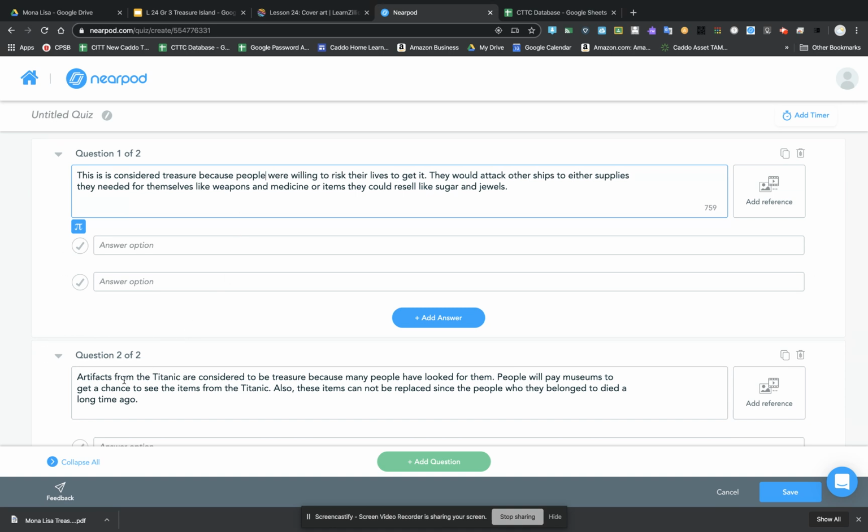And then down here, artifacts from, I'm going to change this and take out from the Titanic. And I'm going to just say these artifacts. These artifacts are considered to be treasures. People will pay a museum to get a chance to see these items. I'm going to take out from the Titanic so that it doesn't